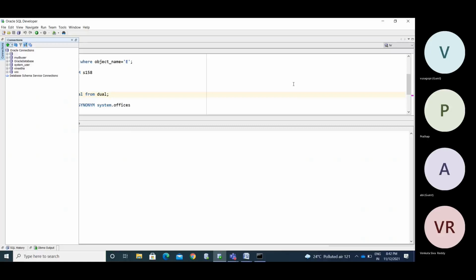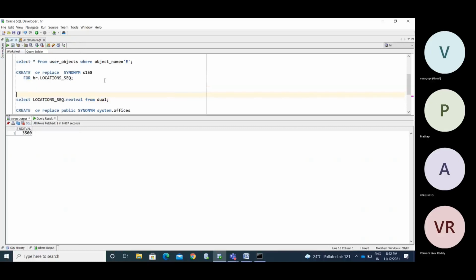If you want to access an object from one server in another server, we need to create database links. Database links will help you use another schema's objects in another server's schema.